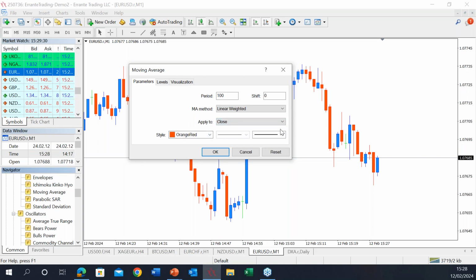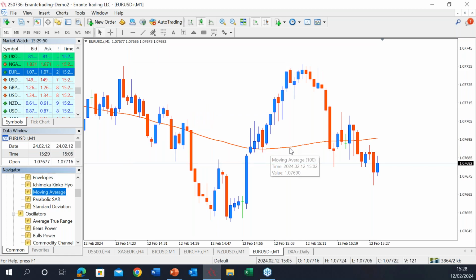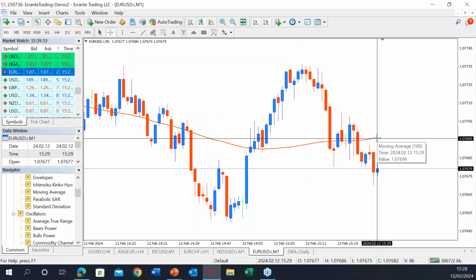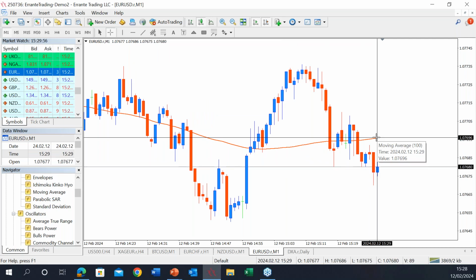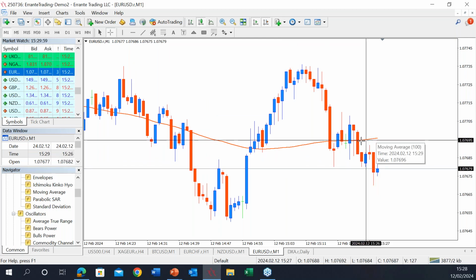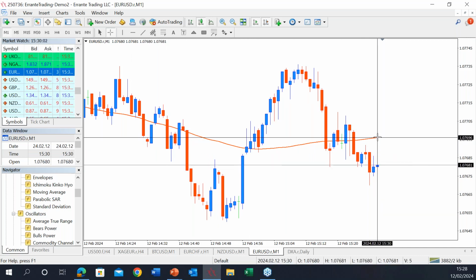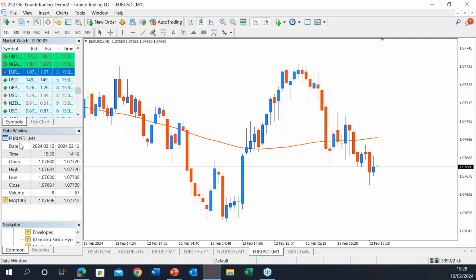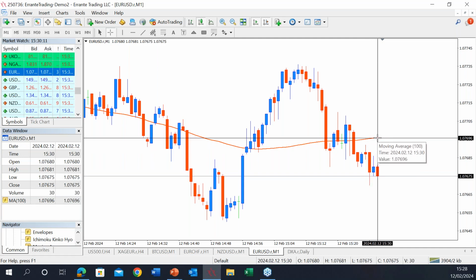And then this is an appearance setting where you can set them any color, any length, any type of line, and everything you can choose. And the thing is that, for example, let's try a simple moving average with 100 period applied to close price. You see this line. This line means that the simple average of the close price of the last 100 candles is this one. If you open a data window here, you can find it, the MA,